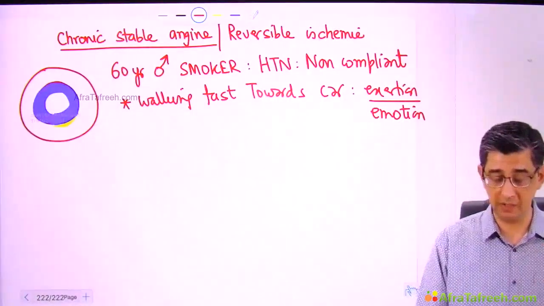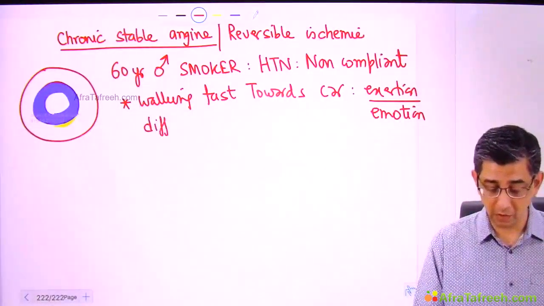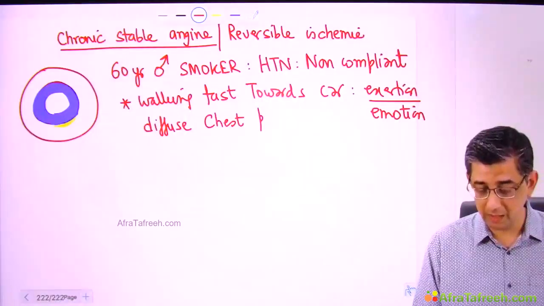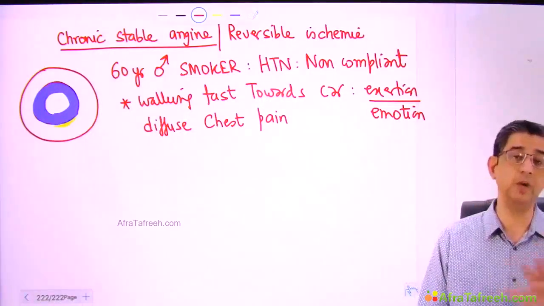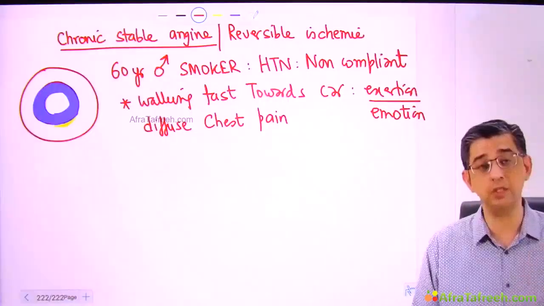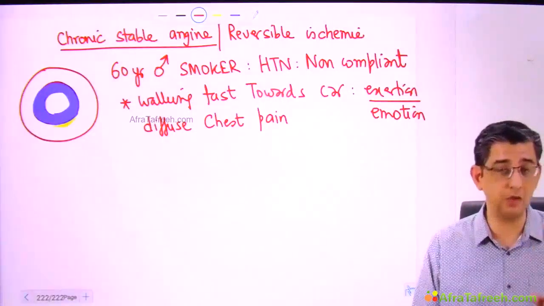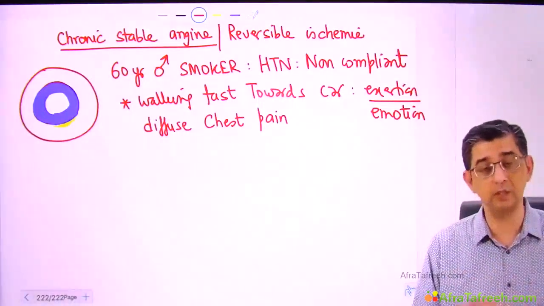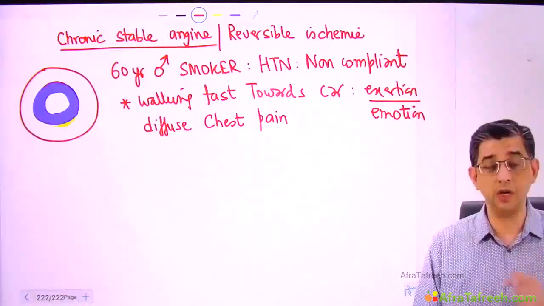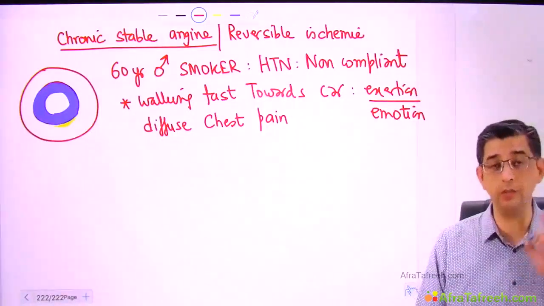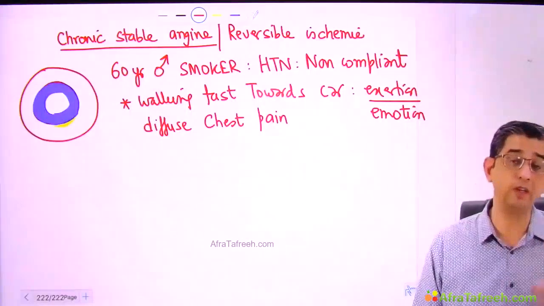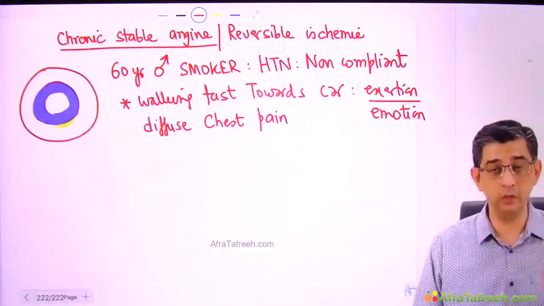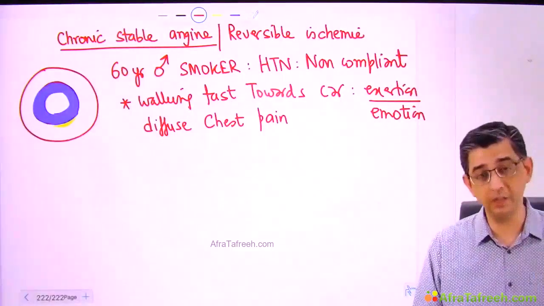The basic message is that in patients of chronic stable angina, there can be diffuse chest pain present, but unlike in myocardial infarction, you see, once MI occurs there's an irreversible ischemia, because MI is because of a thrombus in the coronary artery, and the muscle will die. In this case, there is no death of the muscle, there is no myonecrosis, so therefore cardiac biomarkers will always be normal in chronic stable angina, but will always be elevated in myocardial infarction. So whenever in doubt, you can obviously do cardiac biomarkers for an easy detection.